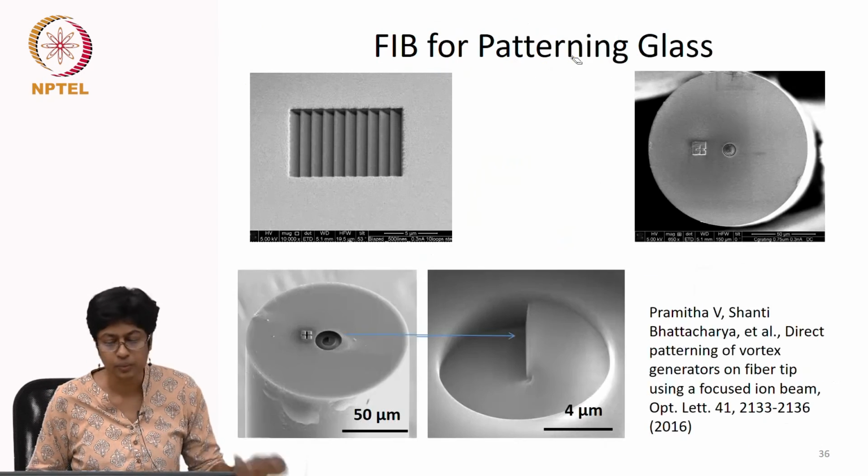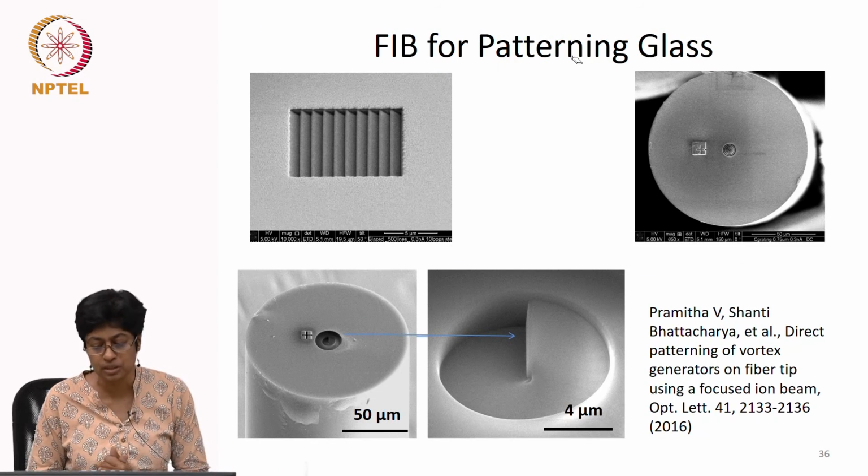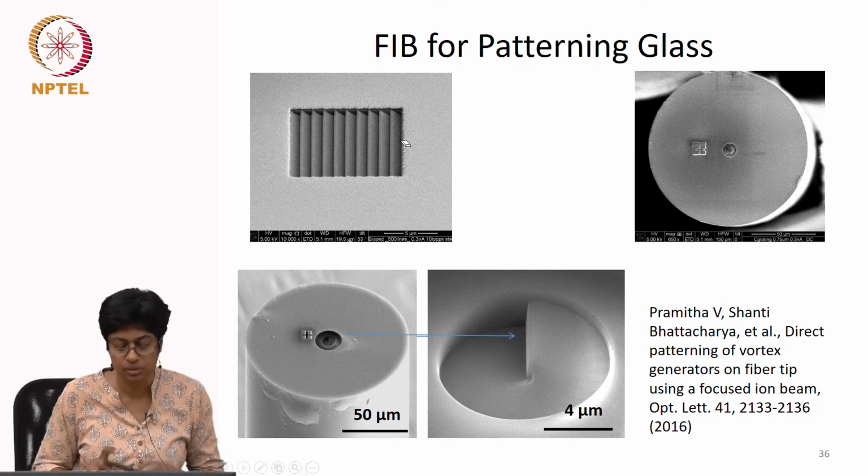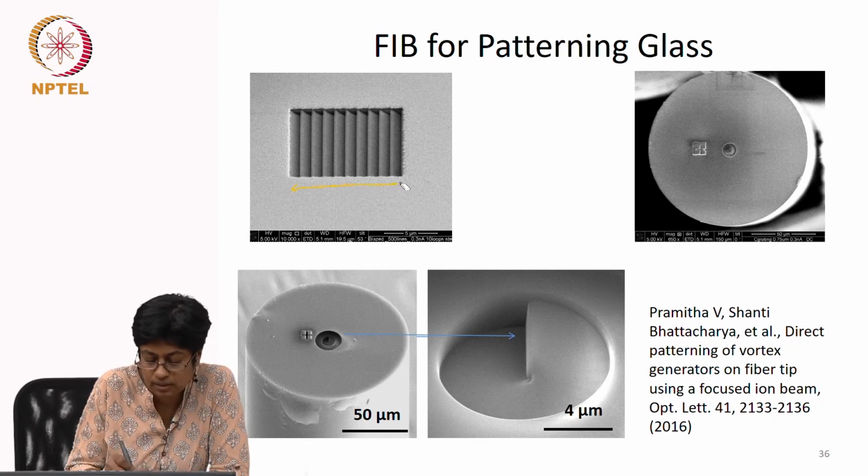And I will end with just some pictures showing you some structures that we have fabricated here. So this is a blazed grating. You can see this scale represents 5 microns. So this is about 10 microns. So that's the size,